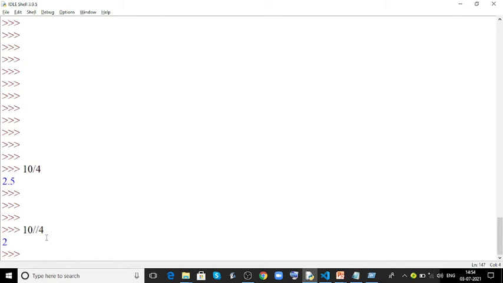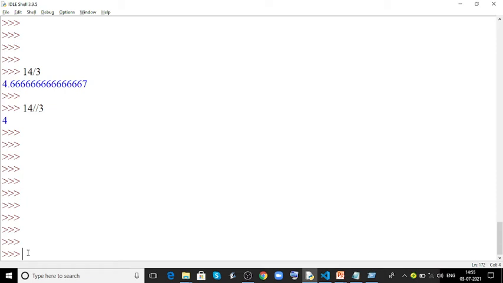So the next one is, now I think you have a clear idea about that. Now can you guess what is the answer? 14 floor division 3. The correct answer is 4. Plus 14 normal division 3, the answer is 4 point something. But when I do 14 floor division 3, we will get only 4. This is the floor division operator, which will give the answer in the form of only int value.